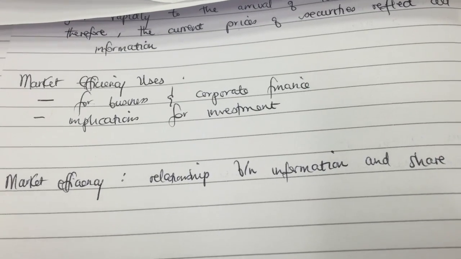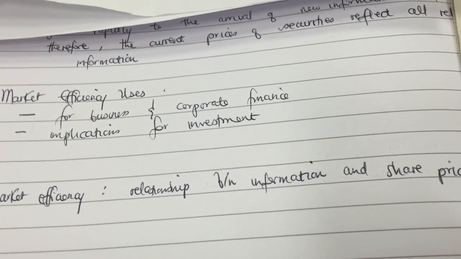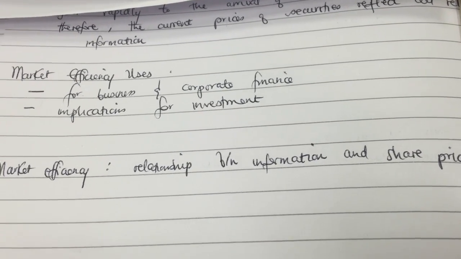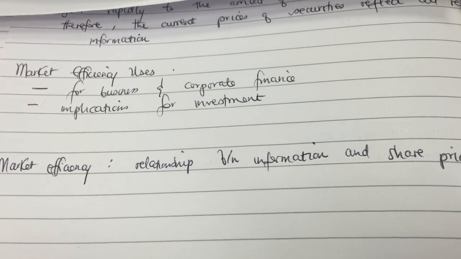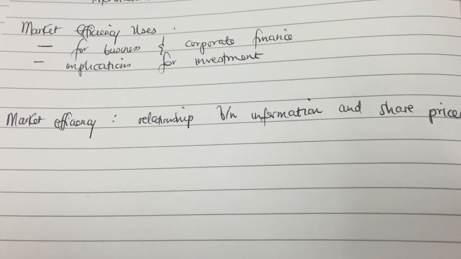So basically, if investors study the relationship between the information they're getting and the share price, they're able to know which company to invest in or what stocks to buy. So that's why